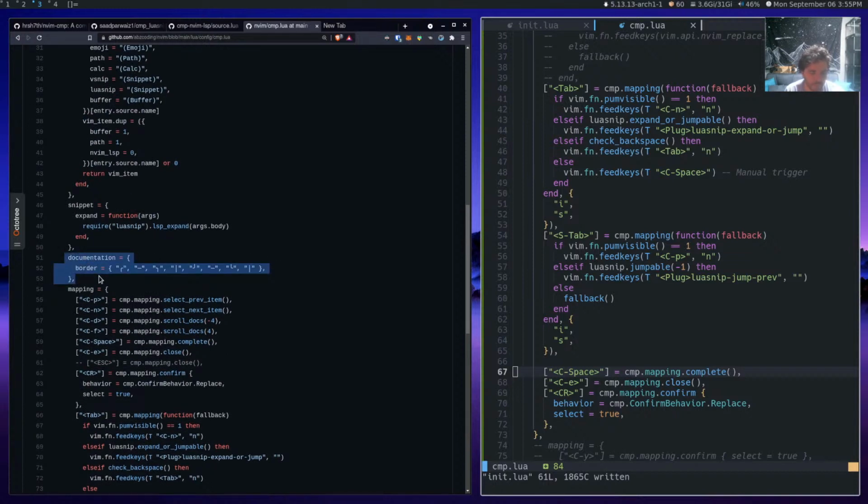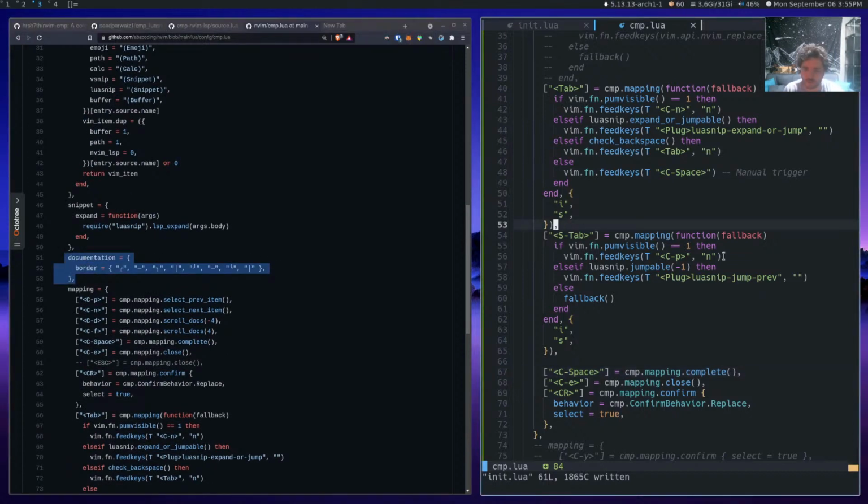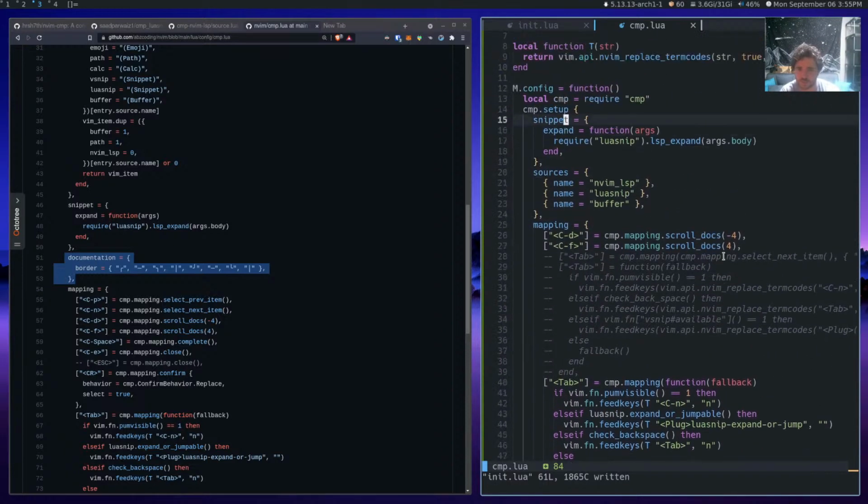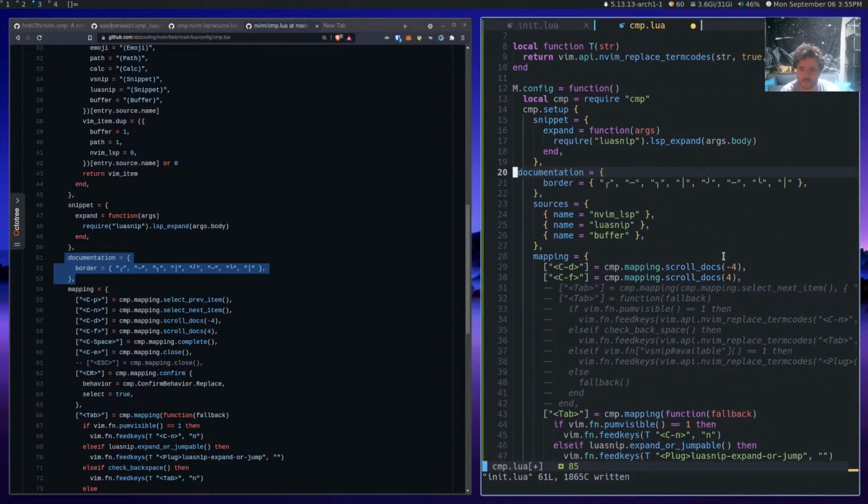We probably want this for the documentation, and then tab is going to be its own thing. I'm going to have to spend a lot of time looking at tab.